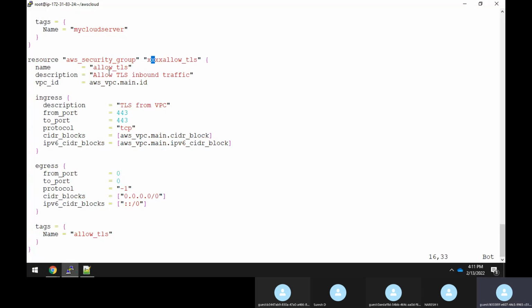So I'll try to change the name with my cloud server. SG means security group. Okay. And here you could see that something name is called hello TLS. The description is something. But here, if you see your AWS security, it is taking a reference from the AWS